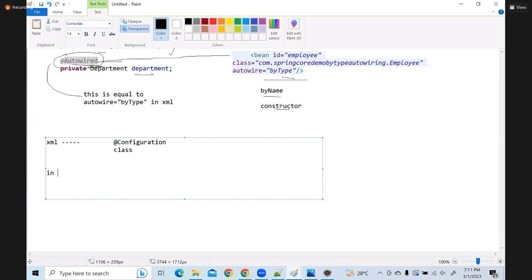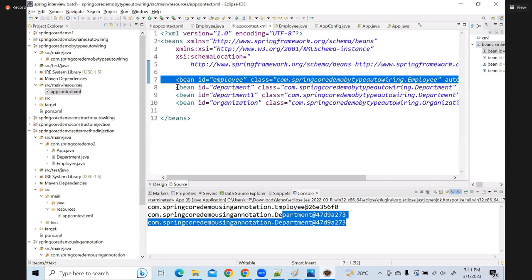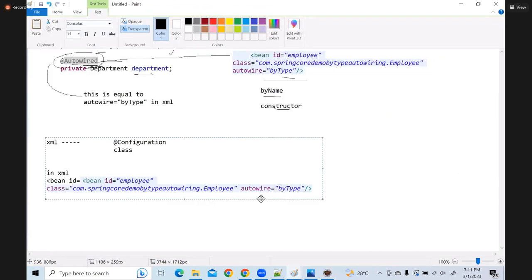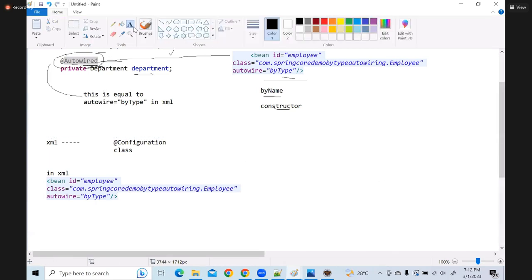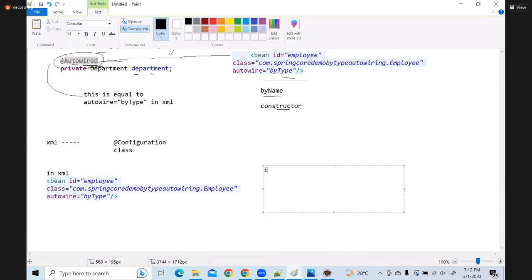Now, whatever in XML we have as bean IDs, bean id equal to something like this, right? In Java, we say this is equal to